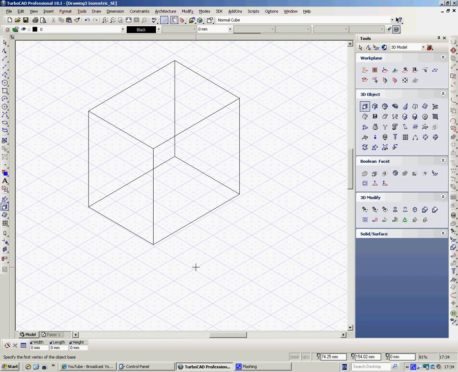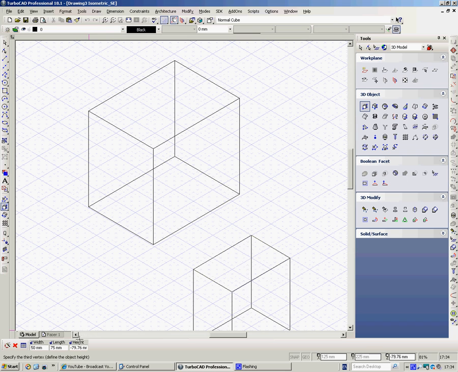The other thing I can do is use all my snap modes. So the base of this box is here, so the base of the next box can be there, so I can use the G snap here. If I want it to be 50 by 75, because I know those boxes are 25 each, I can do a G snap there, and then I can just take it up. Now if I know what the height's going to be, say it's going to be 84,